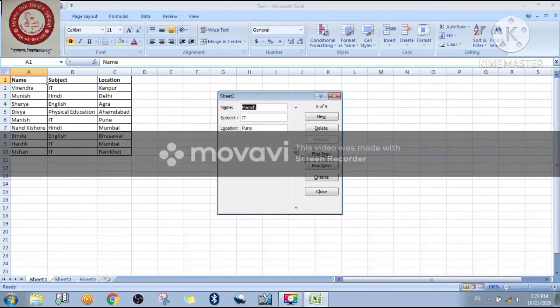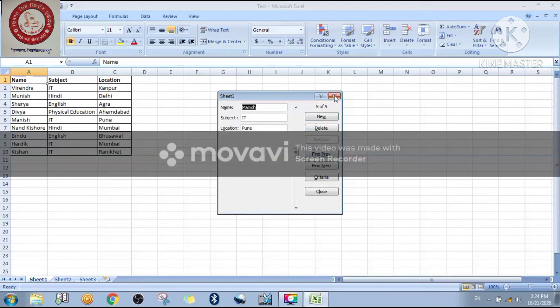And right now you are able to understand how you can insert your data using the form, and this is the way you can create your database, right? A database may be anything, maybe the record of students, maybe the record of fees, maybe the record of anything, right? So this is the way to have your particular database, right students?